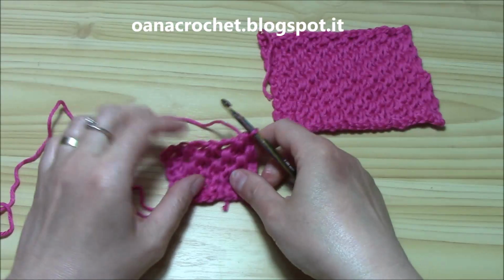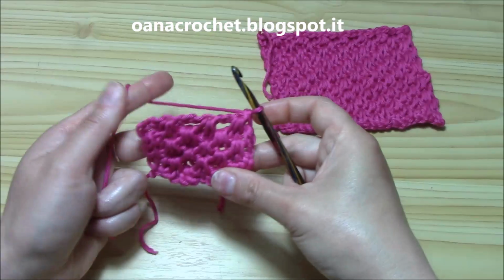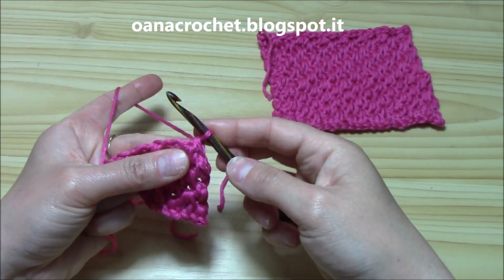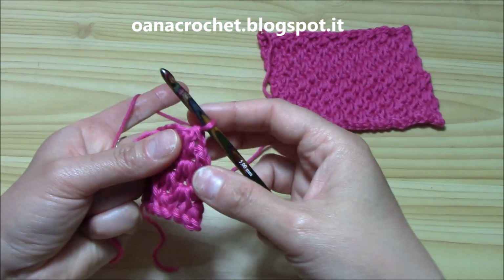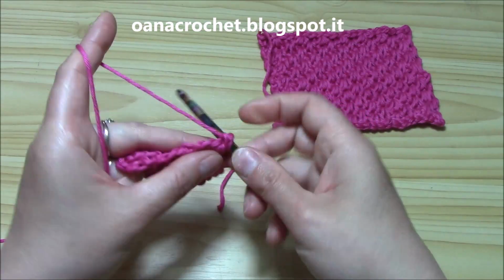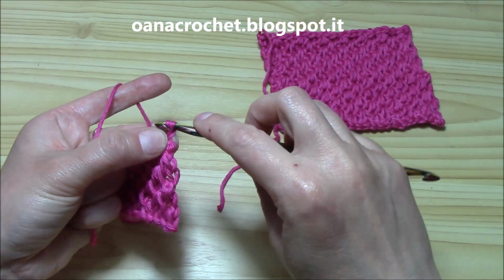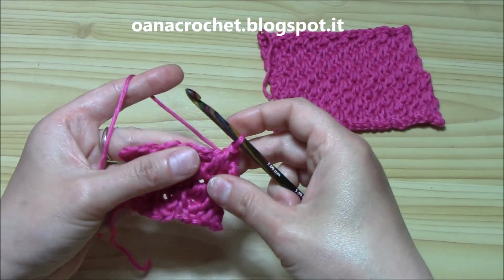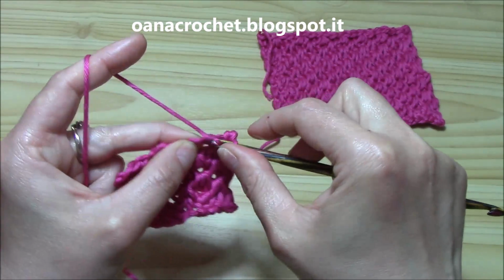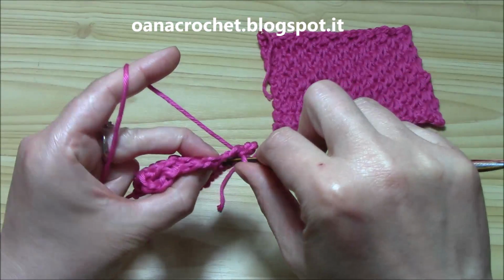Okay, so how to actually finish your row? Let's say we want to finish it here. We have the completed shells, and we will finish like this as we normally work. This will be the third row to repeat. Okay, so insert hook in between, pull up a loop and pull this loop through the first, slip stitch. Now skip the shell, insert hook into the first chain and pull up a loop, then pull the loop through the other one. Now insert hook here,